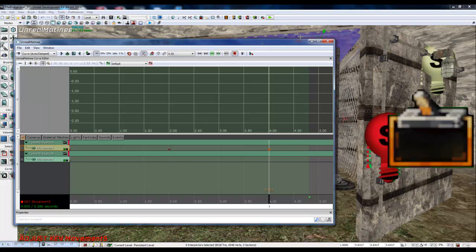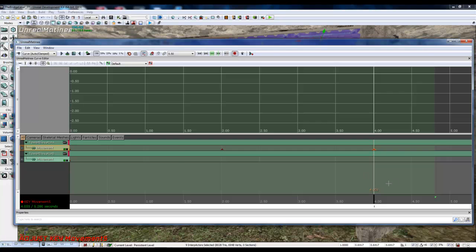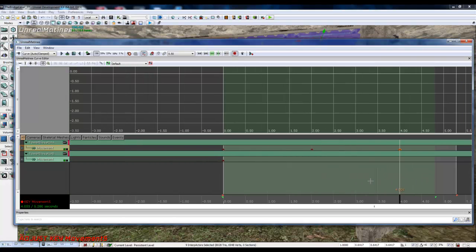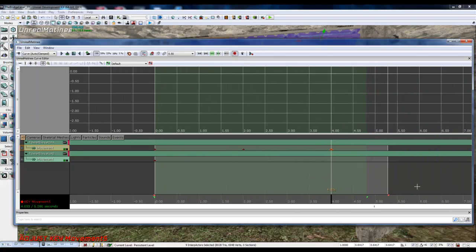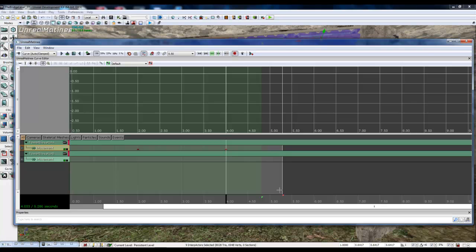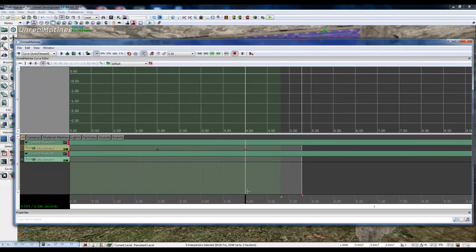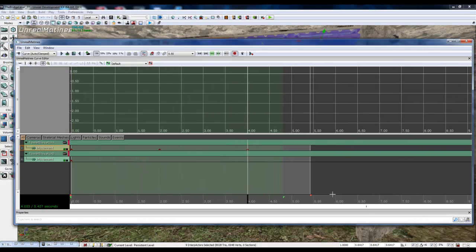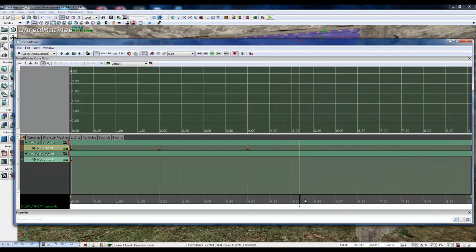Set that key and move our overall time out, and we're going to do 2 more seconds. So at 6, let's take that all the way out. So at 6,